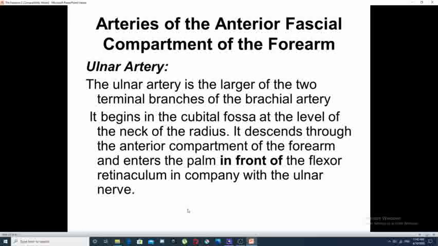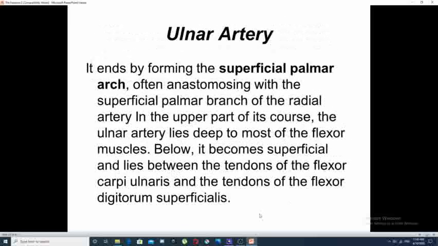compartment of the forearm to enter the palm of the hand in front of the flexor retinaculum, in company with the ulnar nerve. It ends in the palm of the hand by forming a special structure called the superficial palmar arch, and is often anastomosed with the superficial palmar branch of the radial artery in the upper part of its